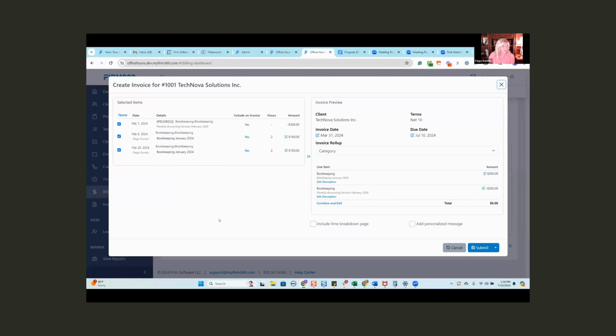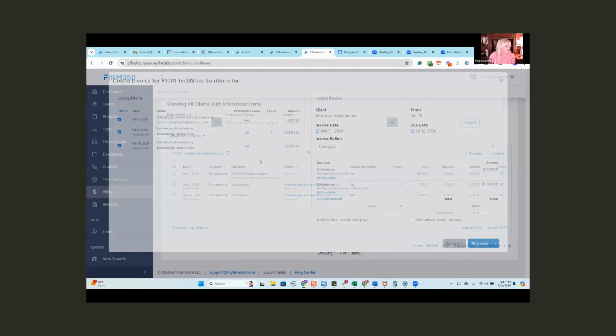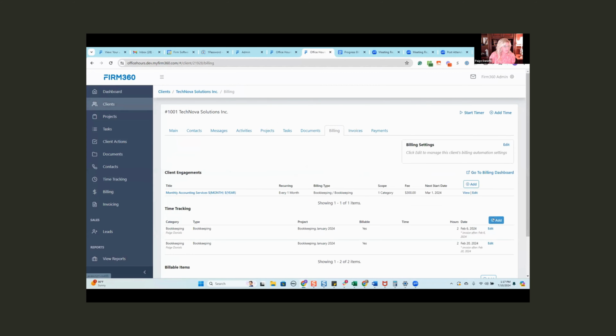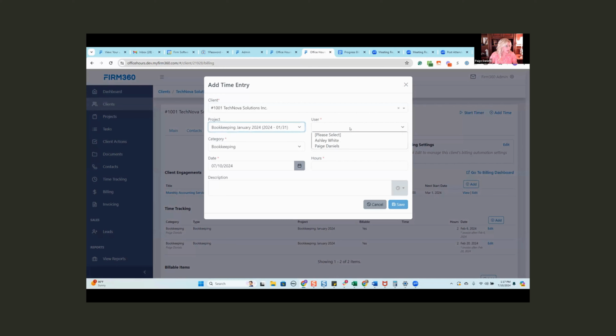And when I click on the invoice button, you'll see that I actually worked the exact amount of time that I billed them for up front, the $300. Obviously I would bill them this, create the zero invoice, and we would call it even. And the next month we would do the exact same process. The idea behind this is this time is left open, so that if I needed to charge more, let me go back in and let me add some more time. So if I went over,